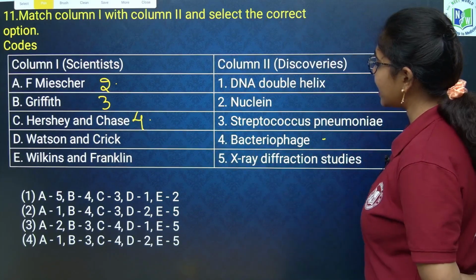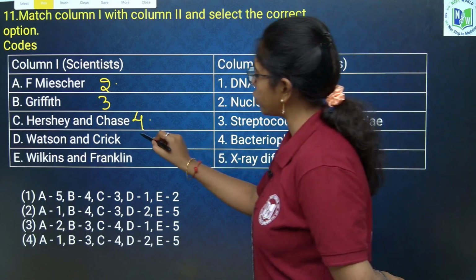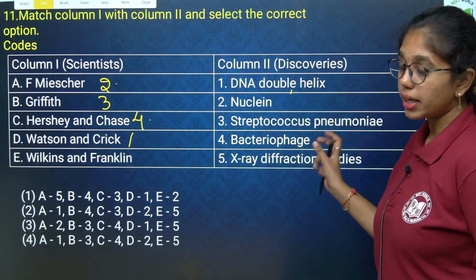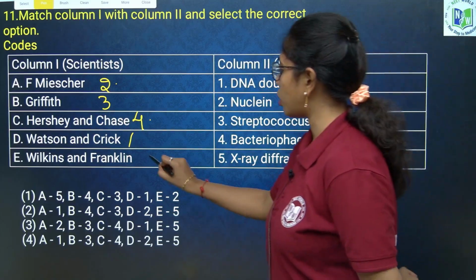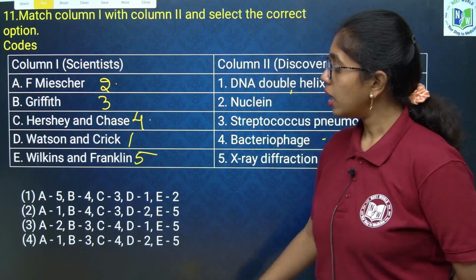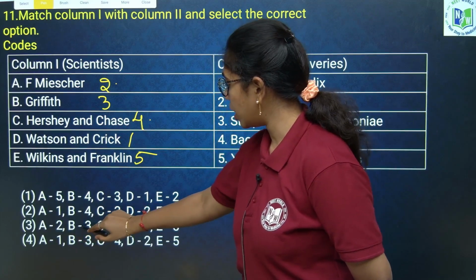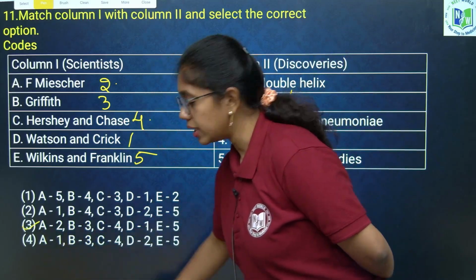Watson and Crick gave us double helix of DNA, which is option 1. Wilkins and Franklin worked out the double helical model of DNA through X-ray diffraction studies, which is option 5. Now if you see clearly, A is option 2, B3, C4, D1 and E5, option 3 is the correct